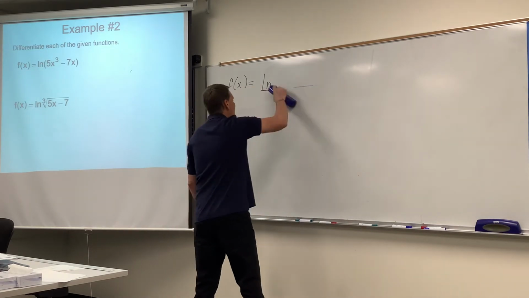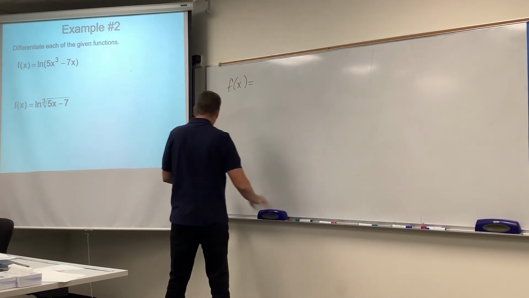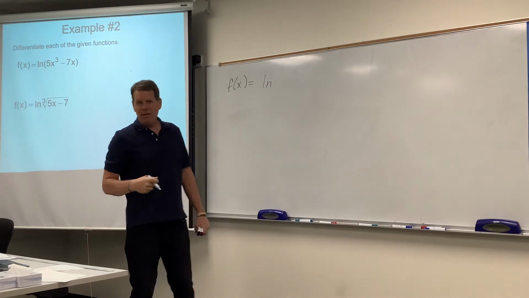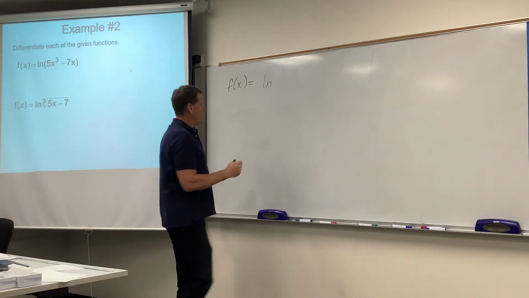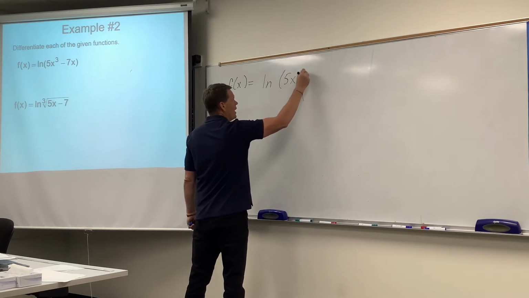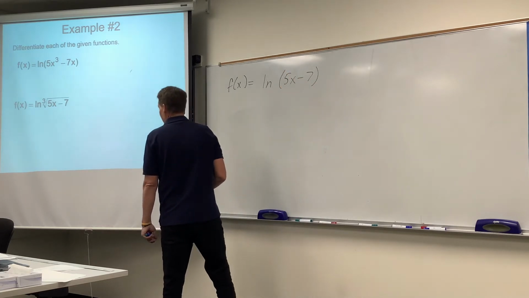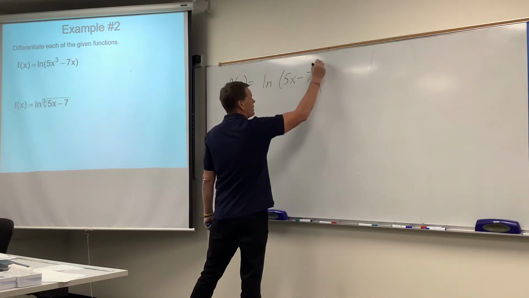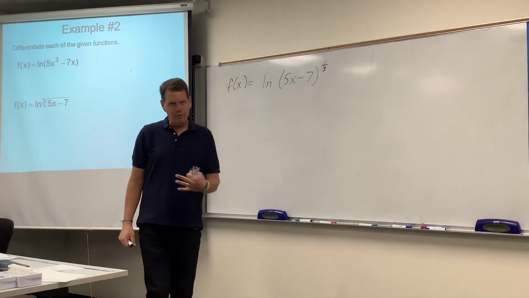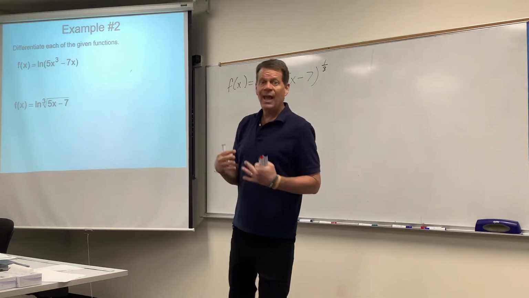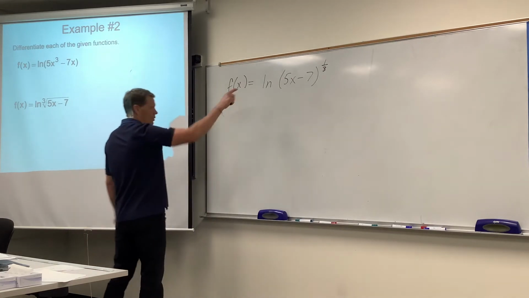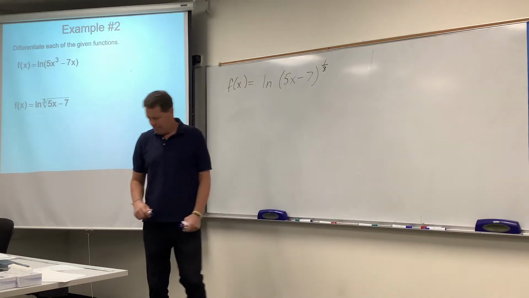Now, I hope by now we're accustomed to the idea that when we want to differentiate or perhaps integrate things involving radicals, that we would perform the rewrite. And so my very strong hope would be that you would change that cube root of 5x minus 7 into 5x minus 7 to the 1/3 power. That's an algebra rewrite we've been doing for a long time. And I hope that would be an instinct you would have on this particular one. So that's the first rewrite we would do on that. Okay, now,